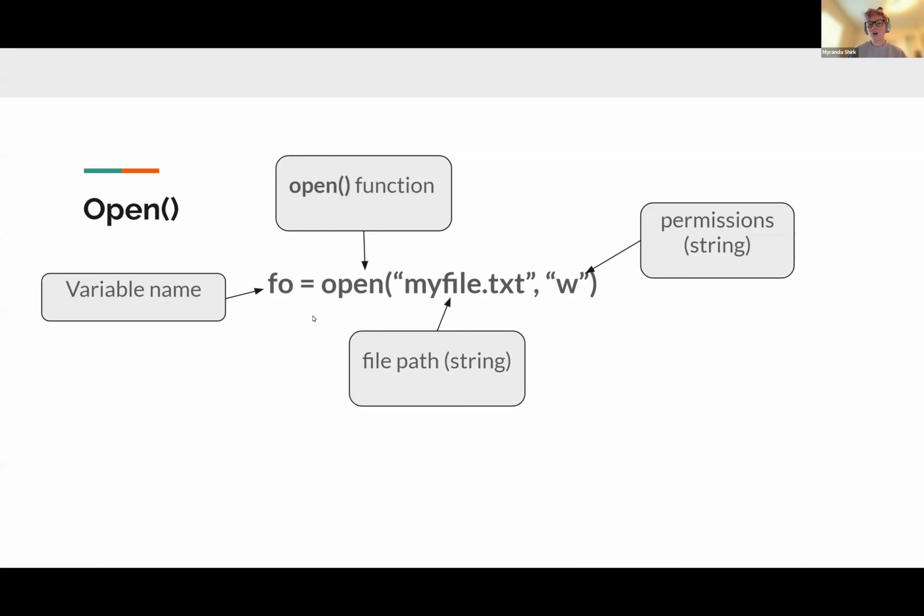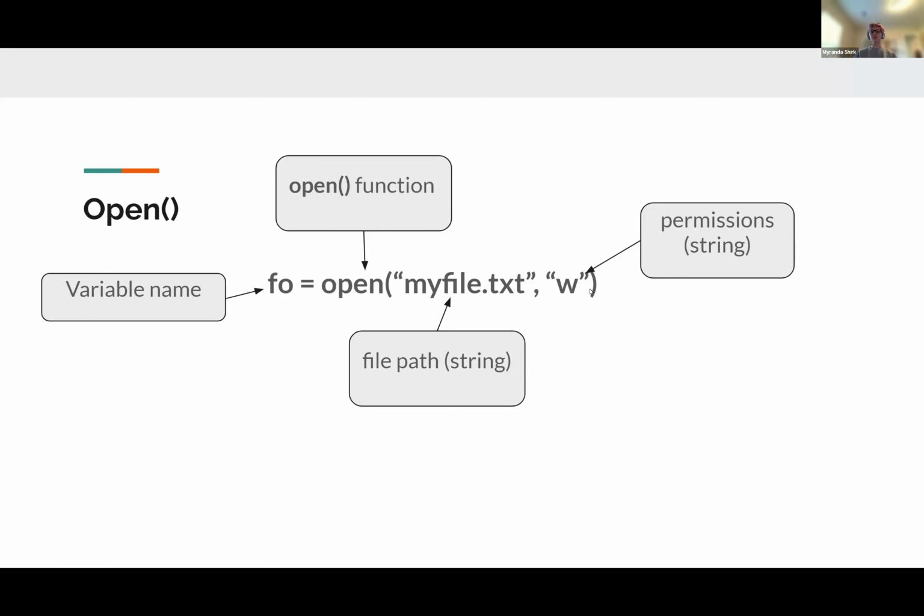And then you're going to use the open function. The open function is what Python has to open these files. So you say open, and you provide it with two arguments. The first argument is a string. It is the path to your file. So if your file is located in a different folder, you need to indicate that. But let's assume this is in the same folder as our Python program, and it's just called myfile.txt. You just put that file path as a string in there, a comma to separate your arguments, and then the permission also as a string.